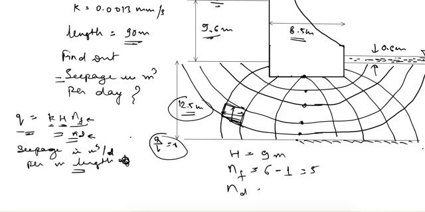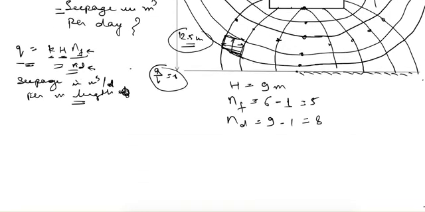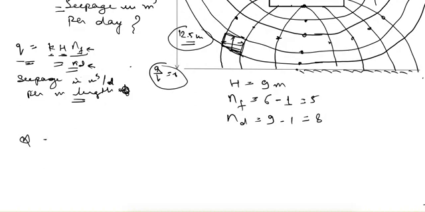And similarly number of potential drops, so we can count the number of equipotential lines, that is 1 2 3 4 5 6 7 8 and 9. So equipotential drops will be 9 minus 1, that is 8. So now we have everything. So the total discharge lost in seepage will be, K is given as